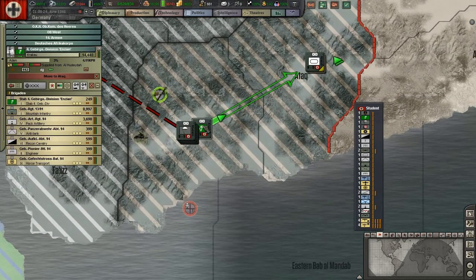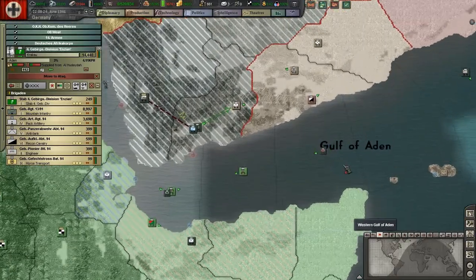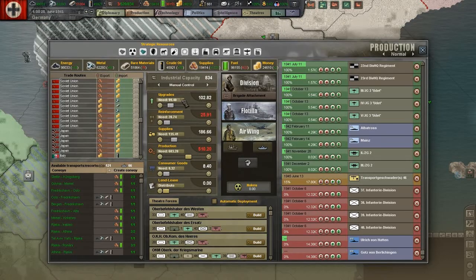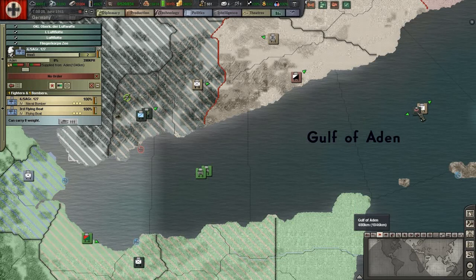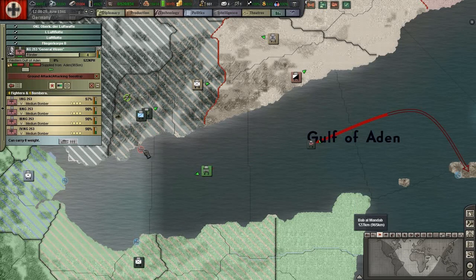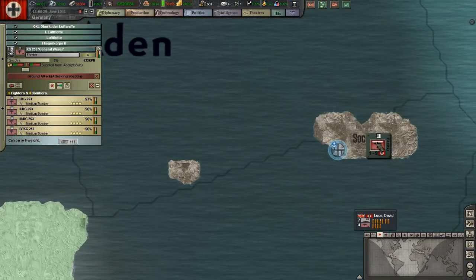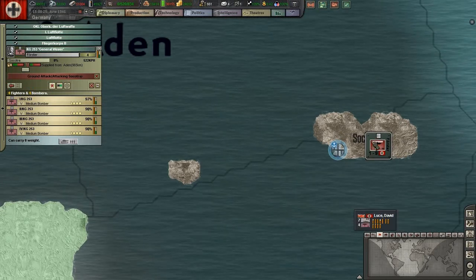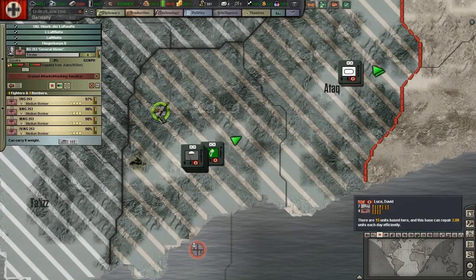Okay, you're moving up there, good, because you're going to attack that unit. That's what I'm looking for. You killed everybody here? It looks like it. Well, they moved them out because they realized they're going to be attacked. Okay, well...